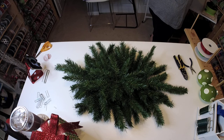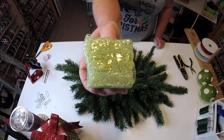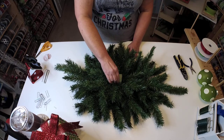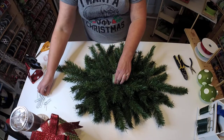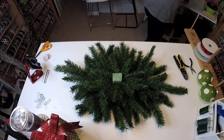And I'm just going to get a nice layer of glue. I just got a nice layer of glue on there. I'm going to wiggle it in. Now, honestly, that will probably hold it, but just for extra security,